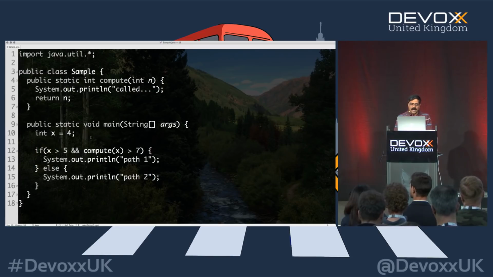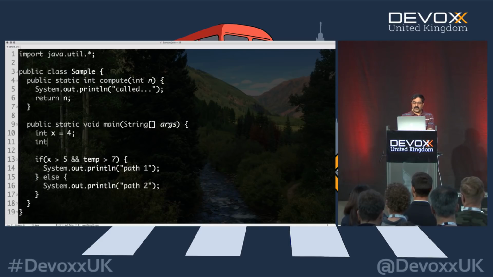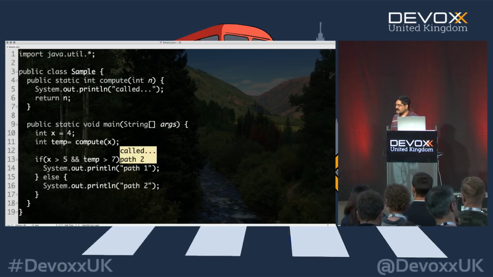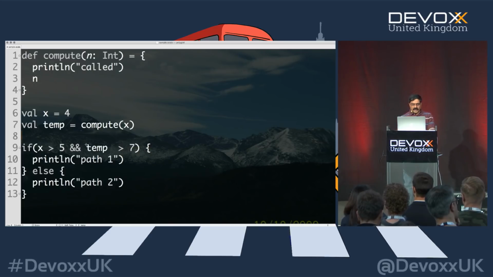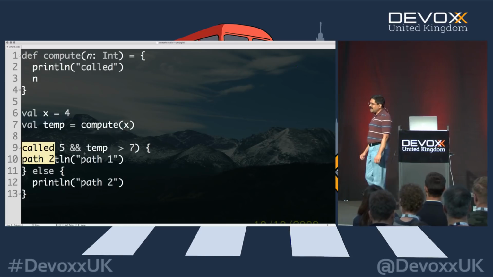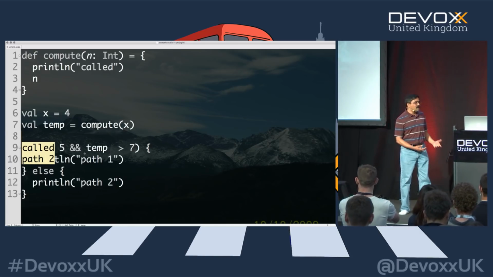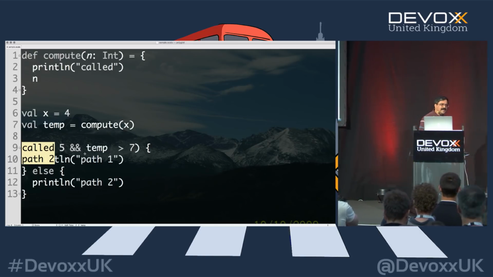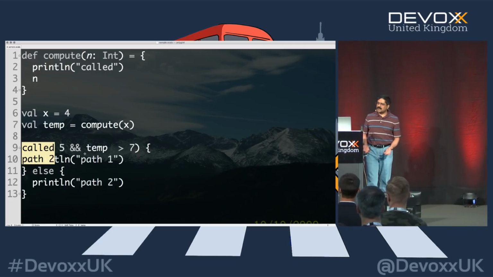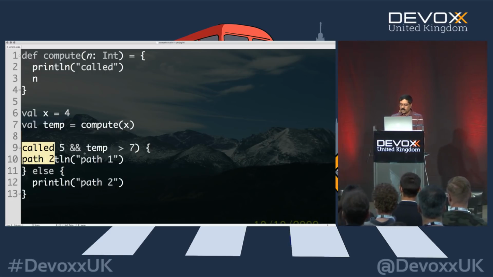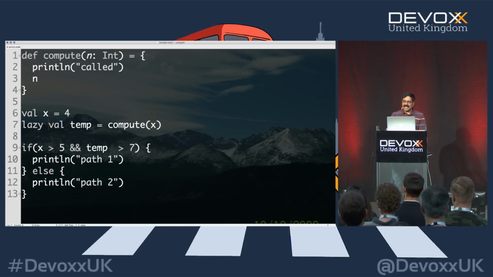So if I go back to Java here, notice I take this compute out of here and put the word temp again like we saw a minute ago. I say temp is equal to compute, run the code in Java, and sure enough, Java called it as well. On the other hand, back here in Scala, I'm saying, but Scala, come on, we really know between you and me, we're not using this value. I don't have any side effect that's really important. Why don't you skip calling it? Well, that's so many words, you can say it by using the word lazy.